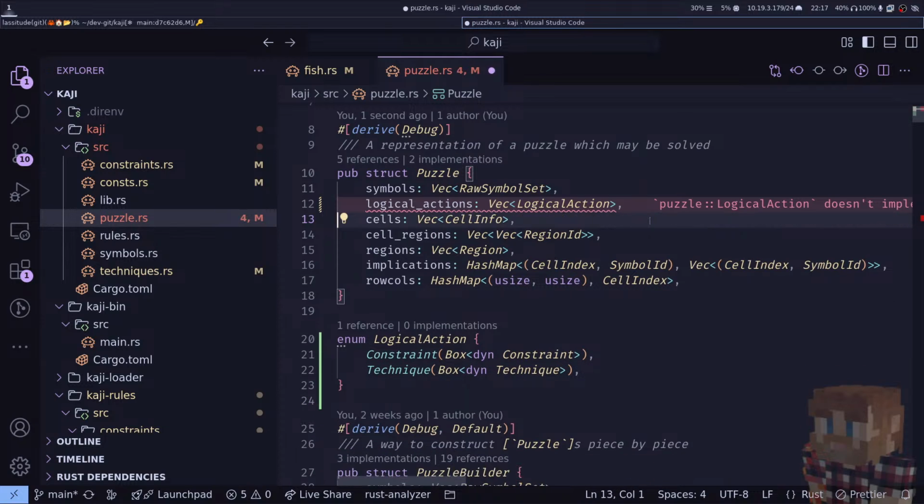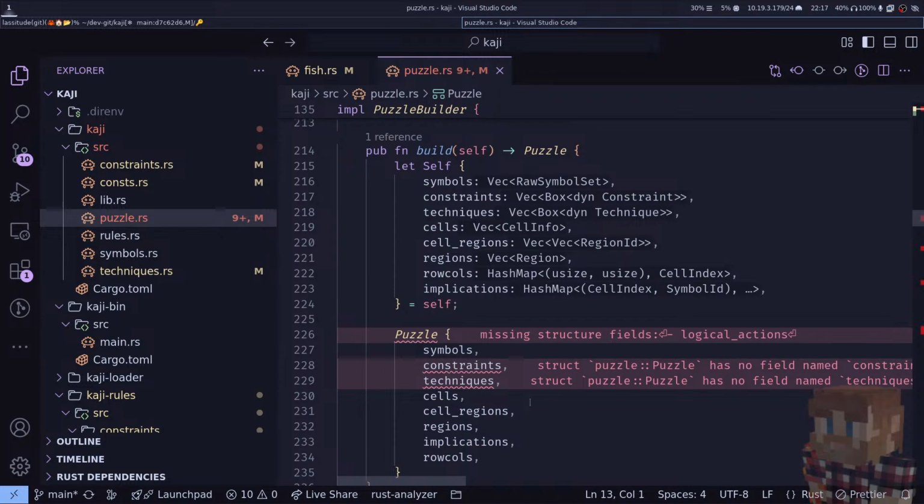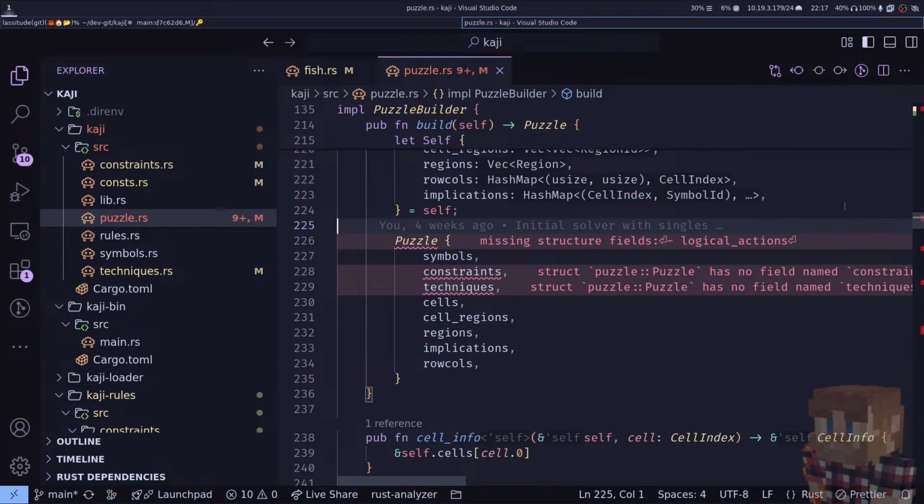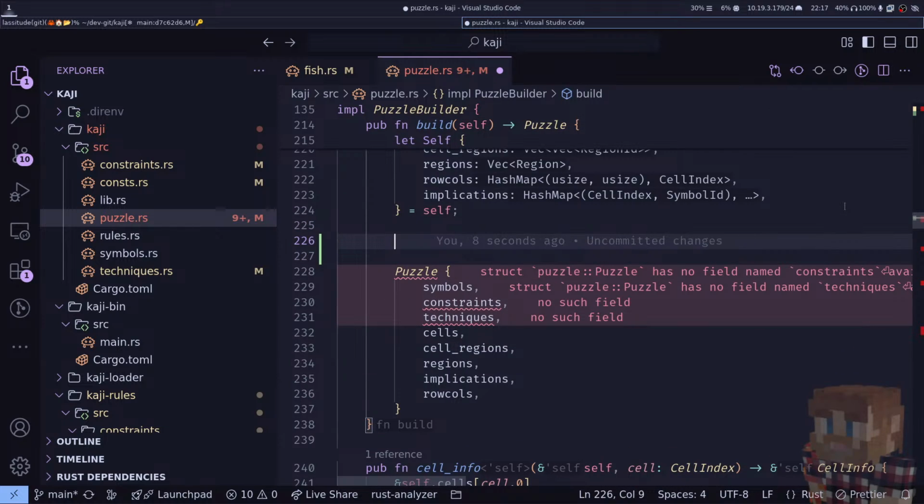We're going to get rid of constraints and techniques. And we're going to come down here to where we're initializing, and we are going to prepare our actions by